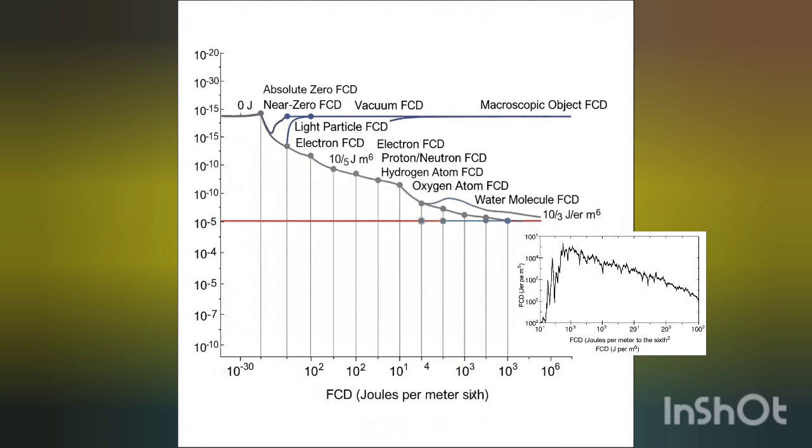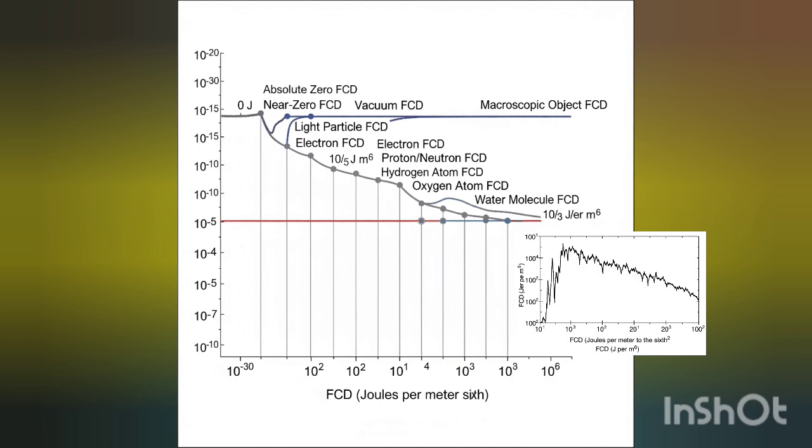It's really quite something. The Fox coherence density graph visually hammers home that everything exists on this continuous spectrum of coherence, and FCD is like the ultimate measure of how stable something is, how much energy it costs just to keep it existing. From literally nothing, the void, to this solid table. It's all on the same scale.